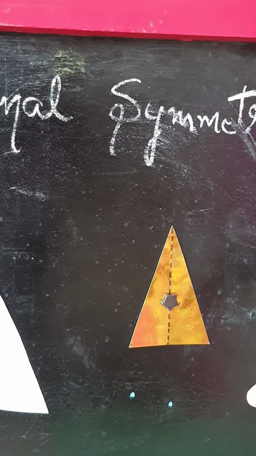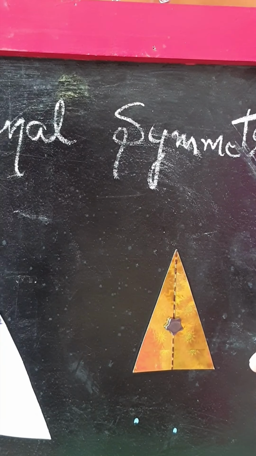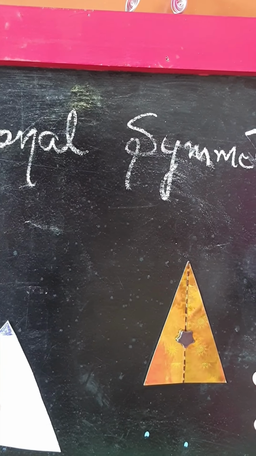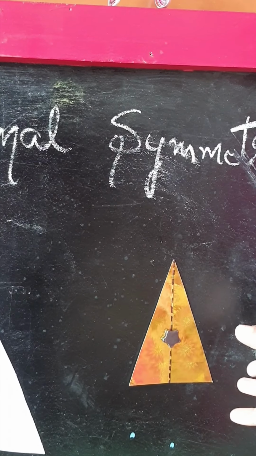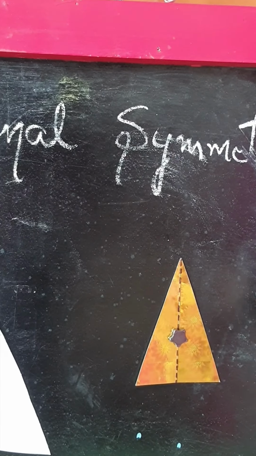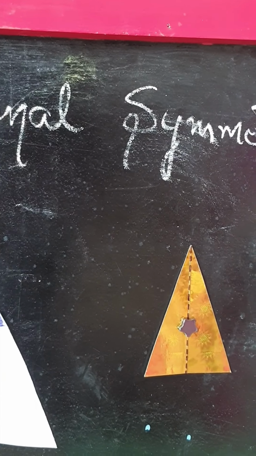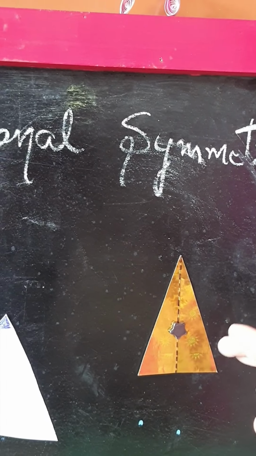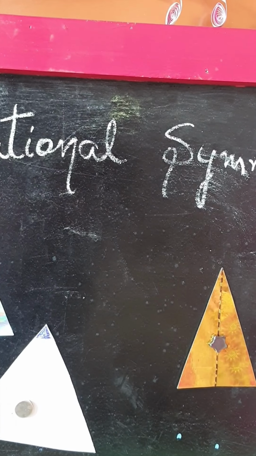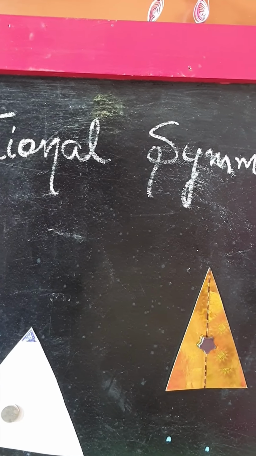It's a very important thing that when the order is only 1, every figure will take back its original shape when I rotate it 360 degrees. So we say these kinds of figures do not have rotational symmetry. Rotational symmetry will be there only if they have an order of more than 1. Then we say that these figures have rotational symmetry.